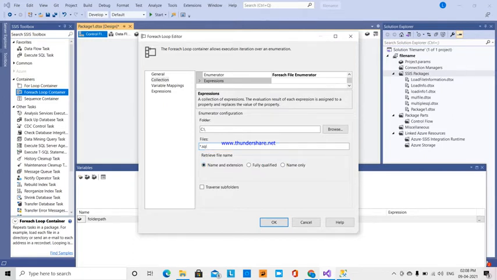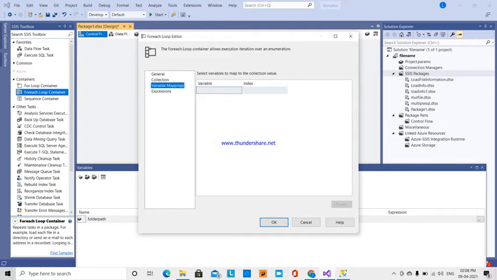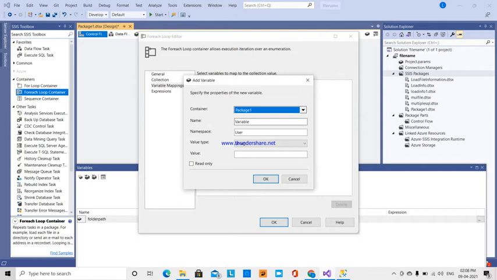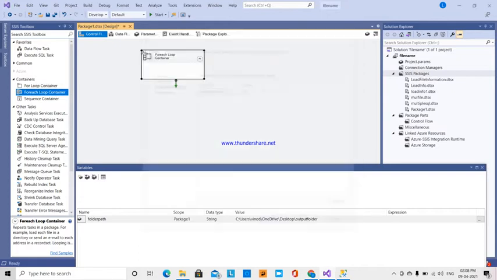So I have given the name and extension it has to check, and then we have to do the variable mappings. We are going to create a new variable and I am going to give that as file name. So hit OK and OK.